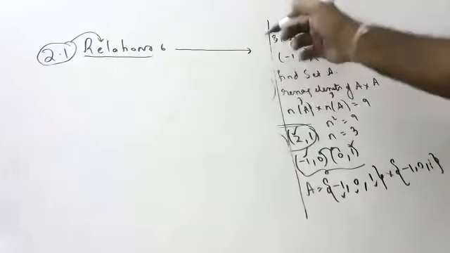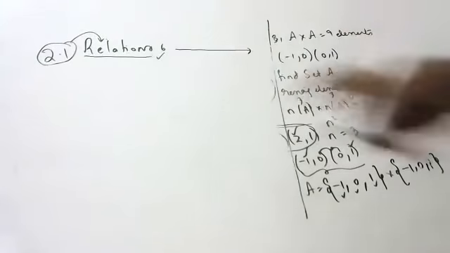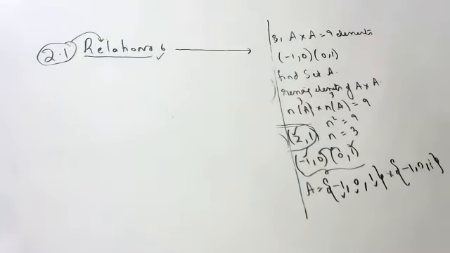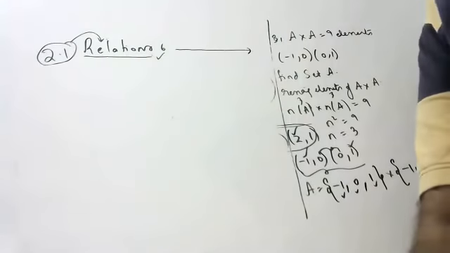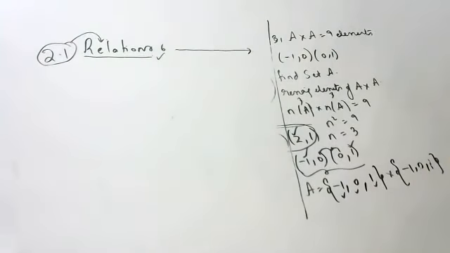If you have any doubts in this, you can ask me, and all these questions will be in the description of this video. In case you have doubts, you can check it, children. Thank you so much. The 2.1 exercise is over in relations. Tomorrow we'll do the 2.2 exercise. 4 or 5 exercises are there, by that we can complete relations. After that, we can jump into trigonometry directly.